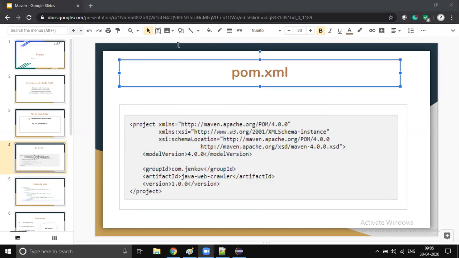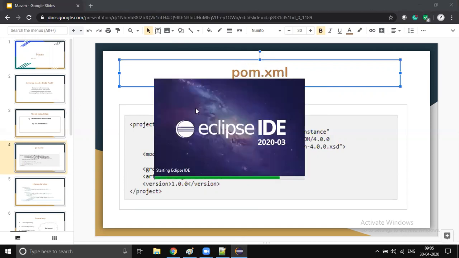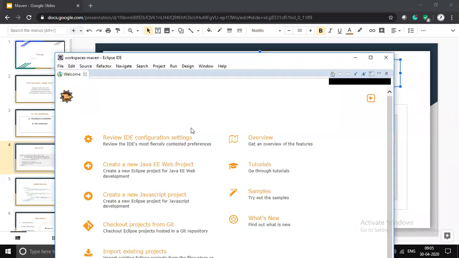Sure, we'll try. Yeah, just open your Eclipse. A few seconds, please, just booting up. And meanwhile, you also boot up your Eclipse.